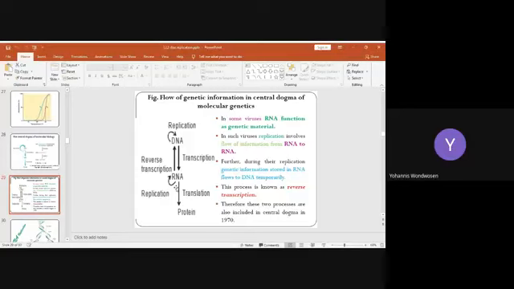Entering into the host cell, they can undergo the reverse transcription process in order to synthesize the DNA strand from the parental RNA molecule. Once the DNA strand is synthesized, they can undergo further transcription and translation into protein by using the host mechanism, and they will produce the viral proteins. So this is one of the mechanisms for the HIV virus. That's why